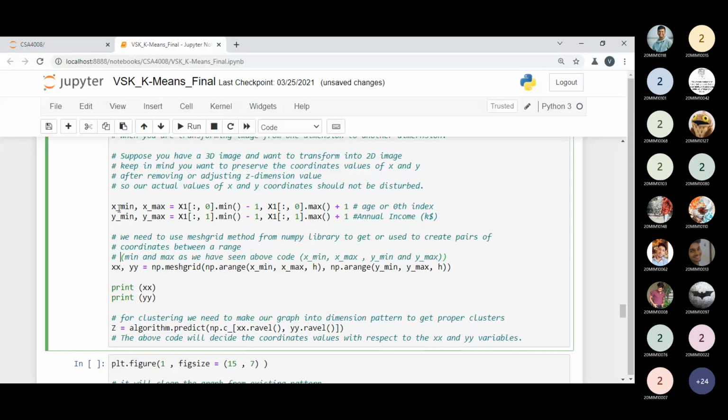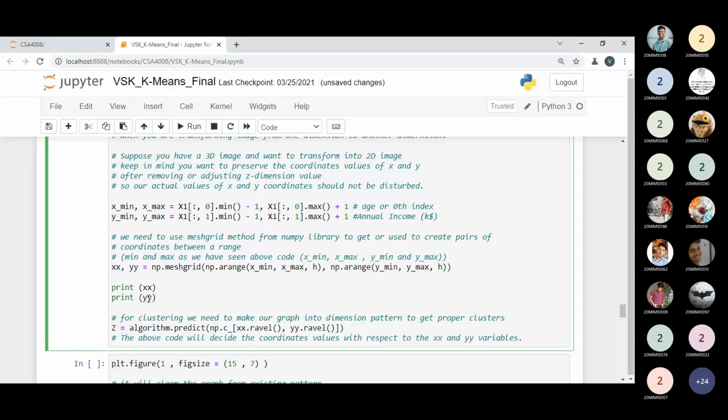So the same we are doing for x, and for y we have to do the same thing with min and max. xx and yy are the two variables which keep the information of the meshgrid. So np.meshgrid, np is the object of the NumPy library, and from that we are applying meshgrid, and we have to pass the range. So what is the range? x minimum and x maximum, and h I have to pass. I am passing h to provide uniformity between my data points, and then I have to do the same thing with y. So np.arange with y minimum and y maximum, I'm passing these parameters, and I'm also printing the xx value and yy value.